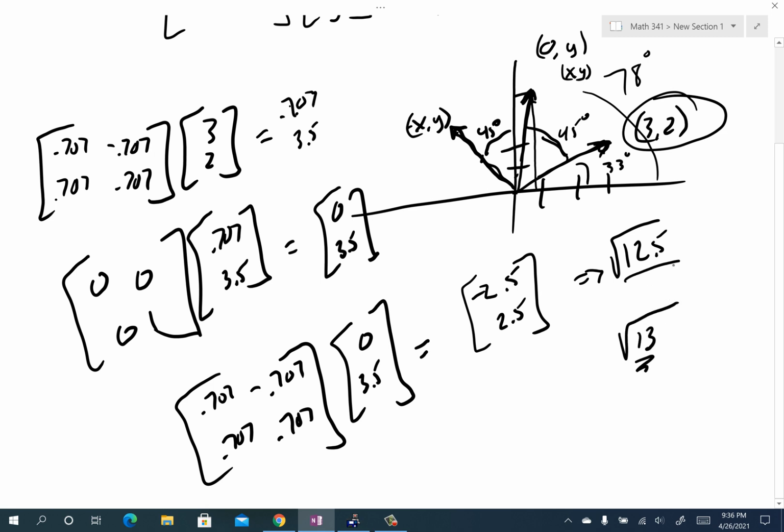Again, this is a longer vector than this one, because when I projected it onto the y-axis, I lost the x-coordinate length. Therefore, of course, it's going to be a shorter vector. Okay. Now,